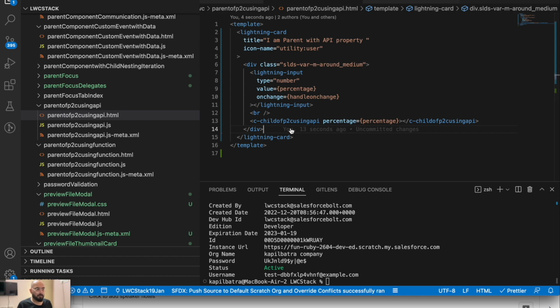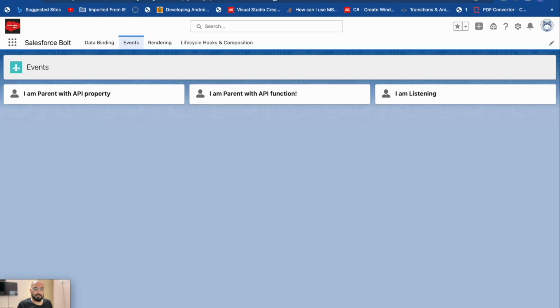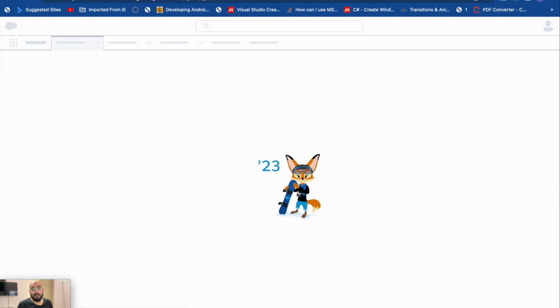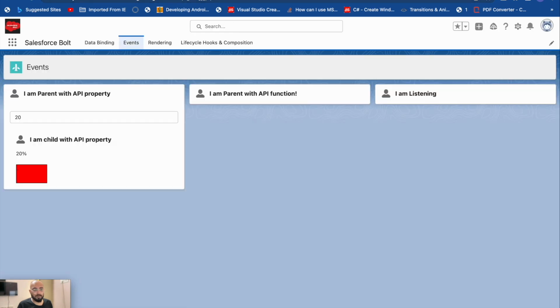Now let me move to the, so this is my org and this is the component parent with API property. Okay. Now if you are not having any error, then it will definitely show the output. Yes. So as you can see, default value is 20 and the percent we are getting it from, so this is the child component and we are getting this value from parent, and based on this value, we are changing